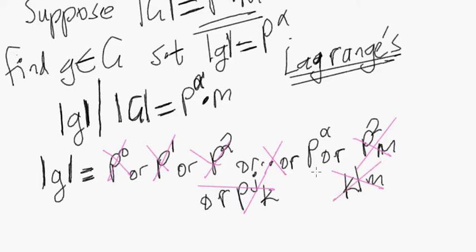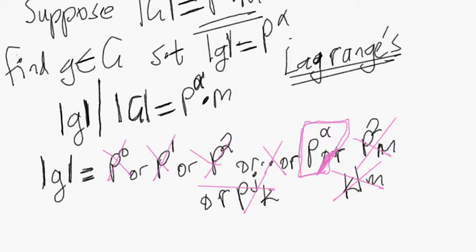But our only issue here is that, one, we don't know how many divisors there are, or even if we're able to know how many divisors there are, do we have a way of eliminating all the other options so that we are left only with p to the alpha as the possible order for some element g? So again, this doesn't seem clear. Perhaps it will come together in this solution, but we're not sure how